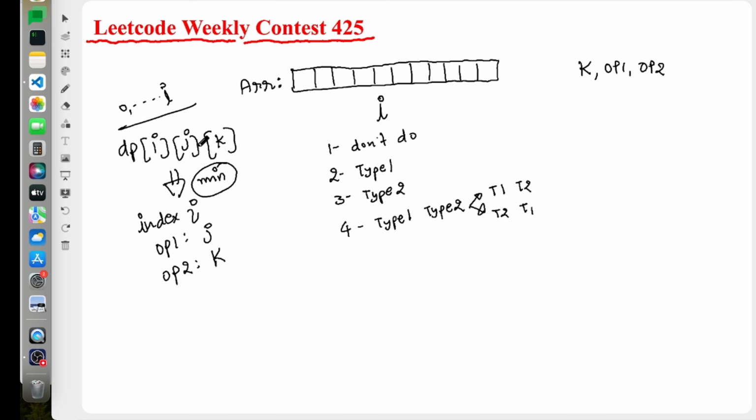From 0 till I, if you have j max type 1 operations and k max type 2 operations, then this will tell you what is the minimum sum possible from index 0 to I, right? So let's see what the recursive relation is. For the first test case, what will be your DP of I, J and K? DP of I, J and K will be equal to, in the first case you are not doing anything,